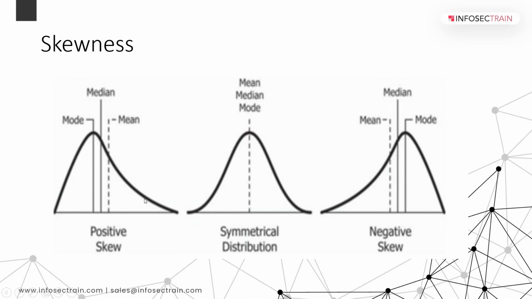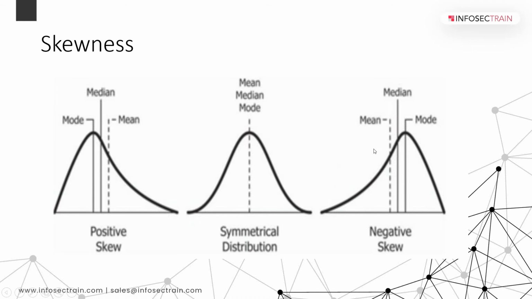Okay, it is also called a right-tailed distribution. Then if we see our values of mean, median, and mode are all equal, in that case we simply say that the data distribution is nothing but a symmetric or symmetrical distribution.